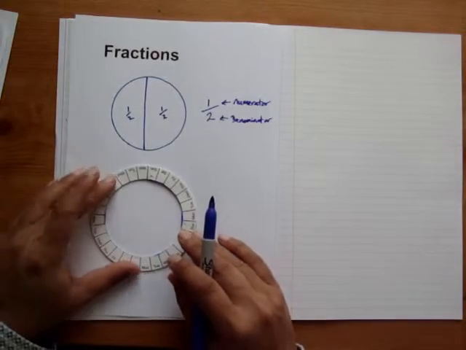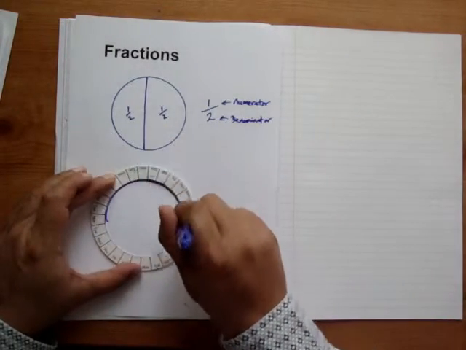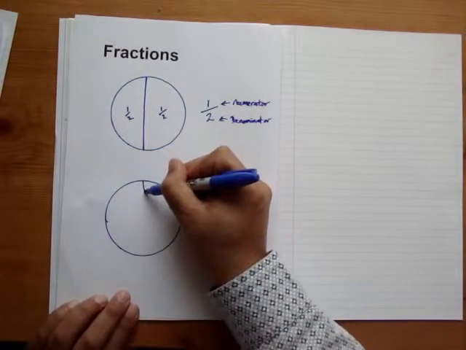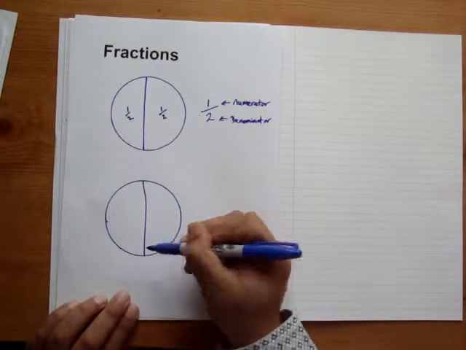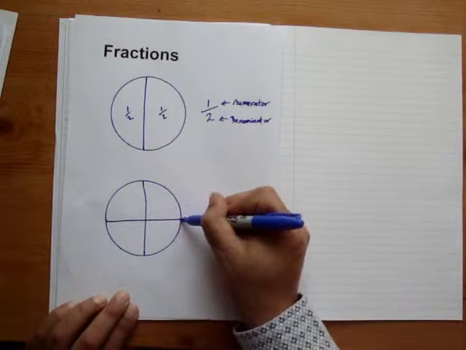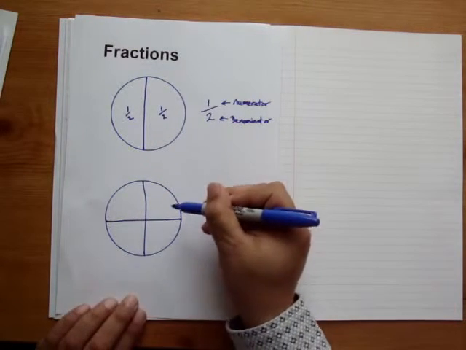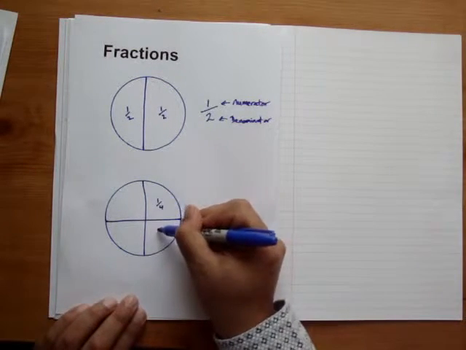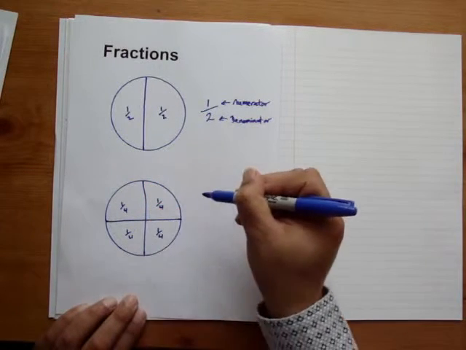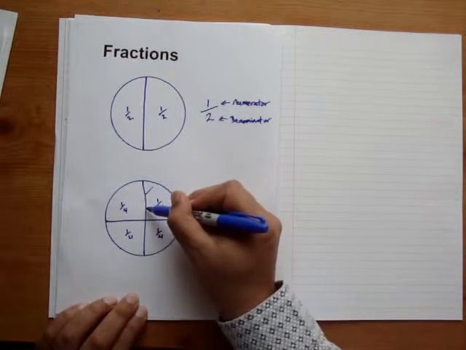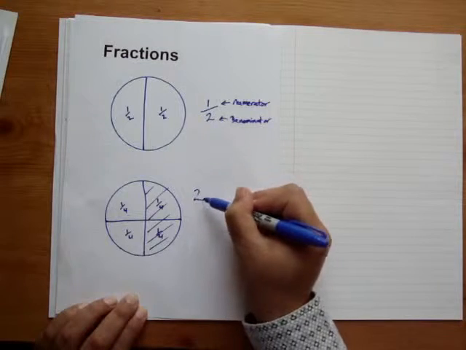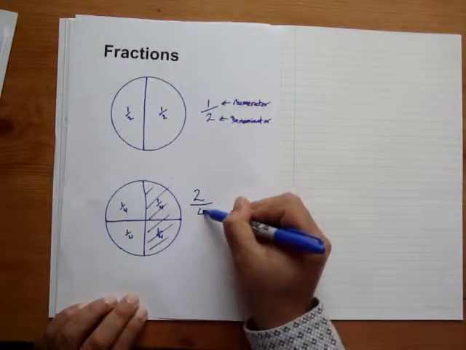Let's look at a circle again. So if we divide it into halves, two halves, and then we divide the halves exactly into half again, then these become a quarter. Each one is a quarter. So if we shade two of those quarters, which is 2 quarters,